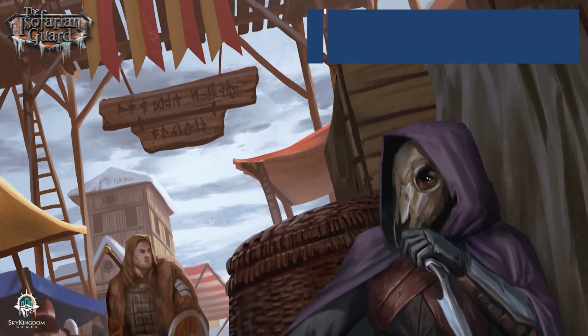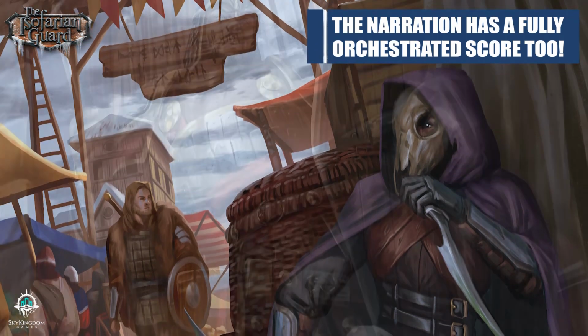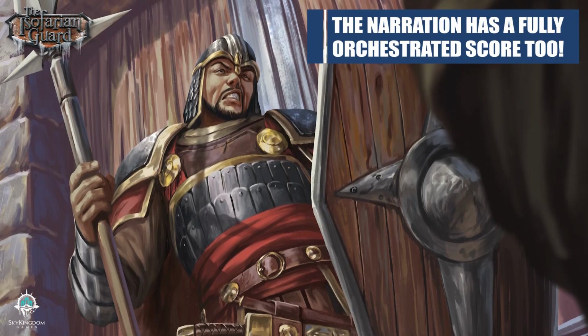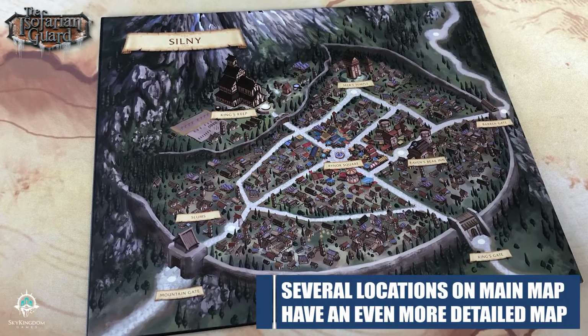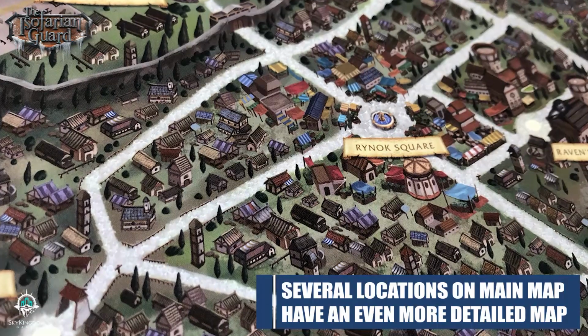So as we said, it's a 1 to 2 player game, but what you heard prior to us talking about it was the narrative and the orchestra behind the game. They've spent a lot of time making sure that this game has a strong narrative aspect to it. Each of these different locations that has a scroll on it is going to have some narrative elements in it, as well as its own particular mini-map. So the moment that you go to Silny, you're going to actually be venturing in Silny itself, which is going to have a number of different locations,